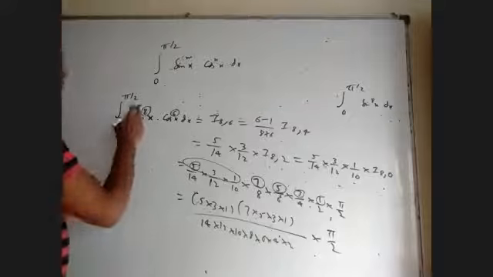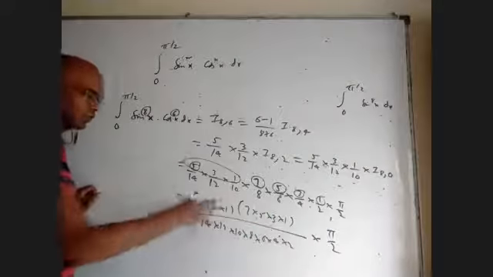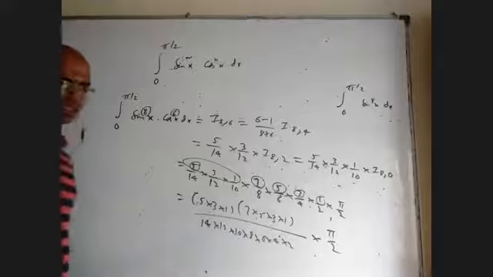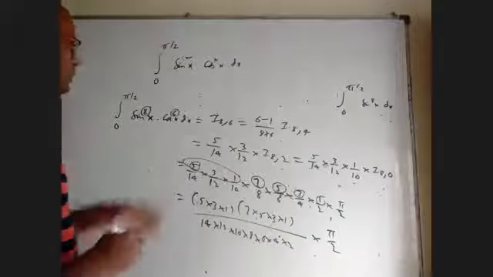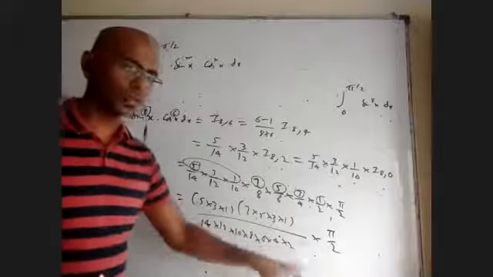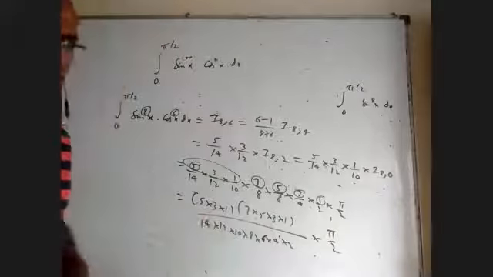What is that? Decrease one number here and keep on decreasing by 2. Decrease one number here, keep on decreasing by 2 till you get the last natural number. And the denominator is the sum of these two, keep on decreasing by 2 till you get the last natural number. So please write this and then we'll see some more examples.